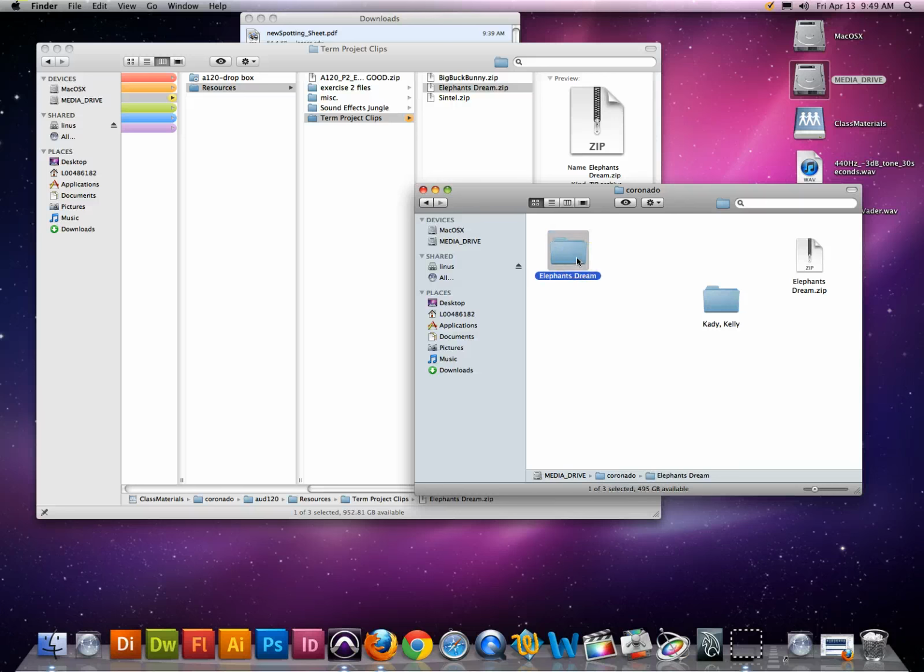So here's what I'm going to do. I'm going to take this folder that says Elephant's Dream or Sintel or Big Buck Bunny, and I'm going to rename it. And the way I'm going to rename it is A120 underscore P1 underscore last name. Of course, use your last name and not "last name." So just, don't use Coronado. And don't use "last name," use Gibson. Okay, so now that I have that folder renamed,